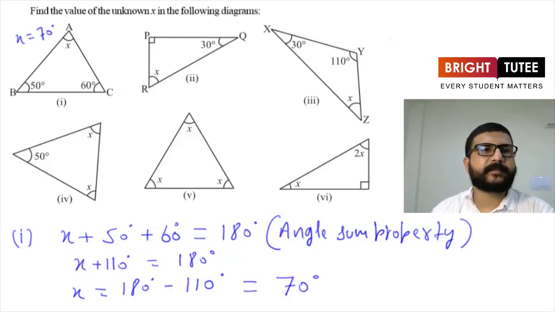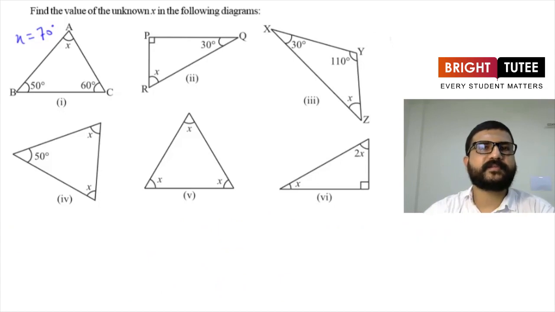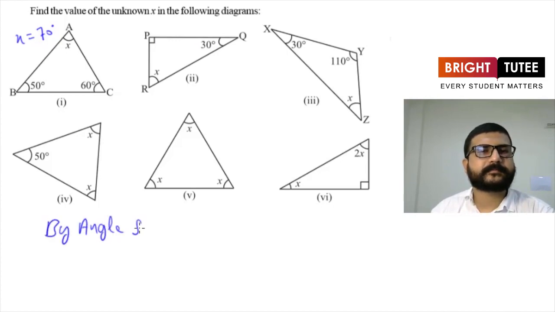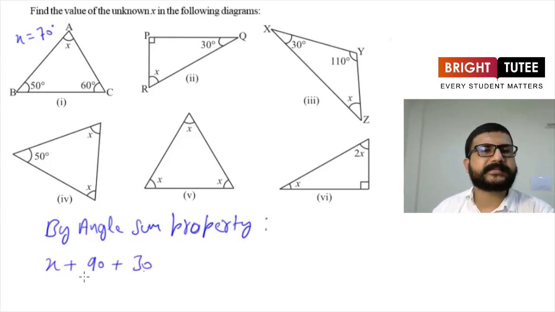Now let's see the second part. Here also one of the angles is unknown and it is marked as x, and two angles are given as 90 degrees and 30 degrees. So again let's use angle sum property. So by angle sum property, we will get one equation in x, and from there we will find the value of x. Now how to form the equation? It will be x plus 90 plus 30, that is the sum of all the angles of a triangle,